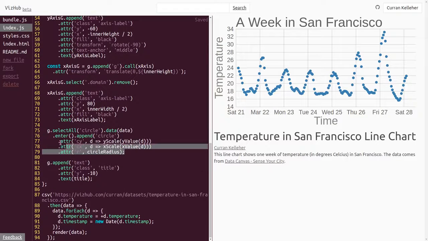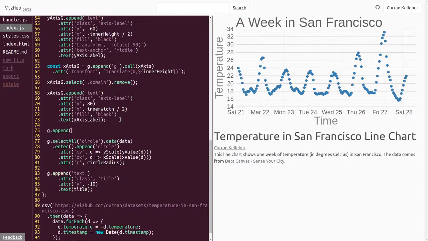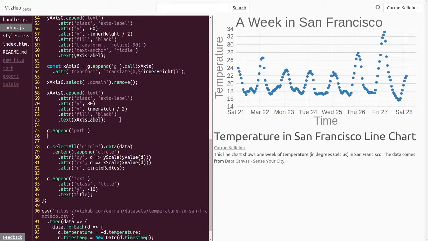So this is the piece of code here that makes the circles that we're going to change. For a line chart that has a single line, we don't actually need a data join because the line is just represented by one path. So instead of using a data join, we can just say g.append path. In order to make this path into a line, we can set the D attribute